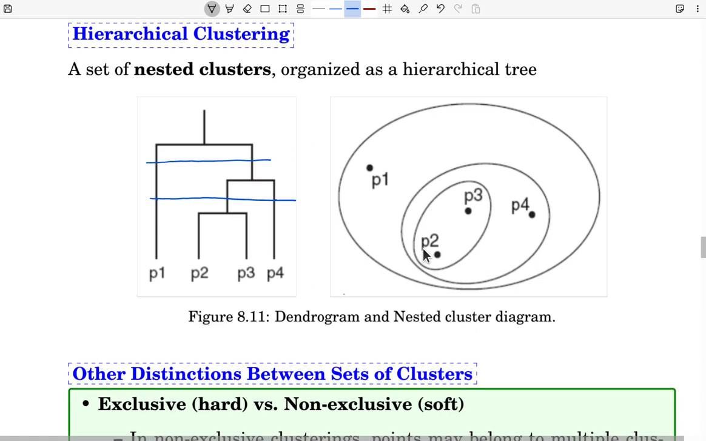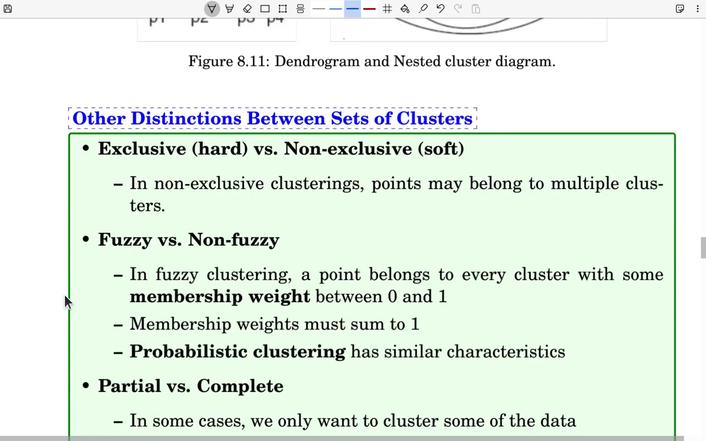Okay, so it is quite useful, and this hierarchical clustering is used in many applications. So depending on the interest, you can make a different level of the horizontal line, and you can see the different clusters. So it is really quite useful. Okay, here